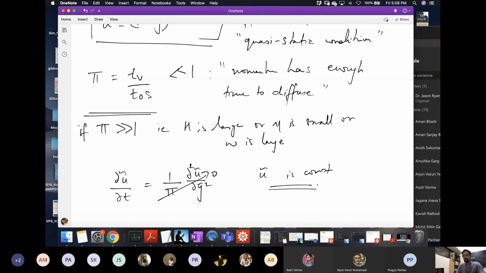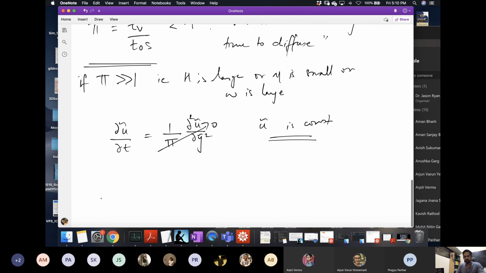So what this is saying is that if pi is very large and the plate is oscillating so rapidly and the viscosity is weak, basically the fluid doesn't even feel the plate. The effect of the plate doesn't get transmitted into the fluid, and the fluid is everywhere static. It's unchanging in time. But we know this is not possible close to the wall. Close to the wall, certainly the fluid has to move along with the wall. So now we need to address that, we have to look for the boundary layer, just like we did in the previous problem. So let's call the boundary layer length delta. And to find this boundary layer, we'll do exactly what we did previously.